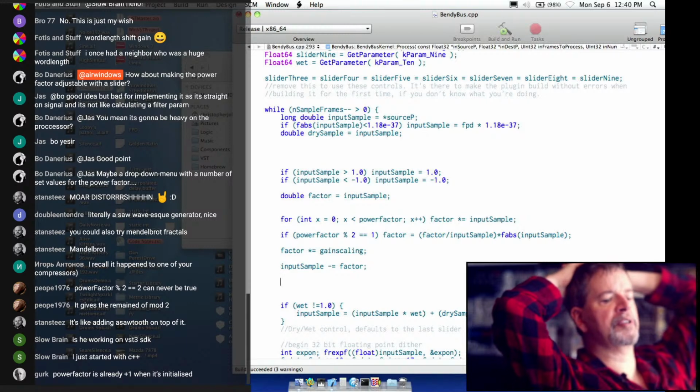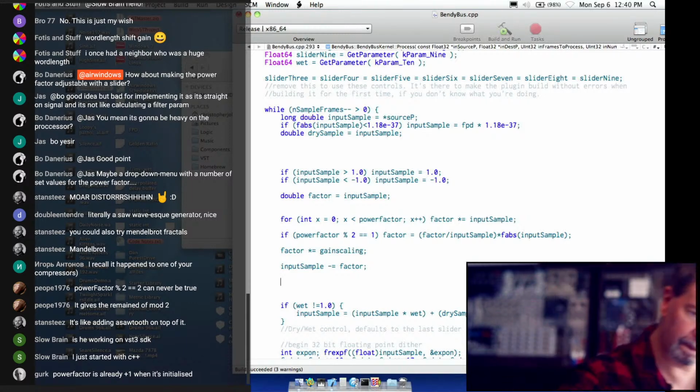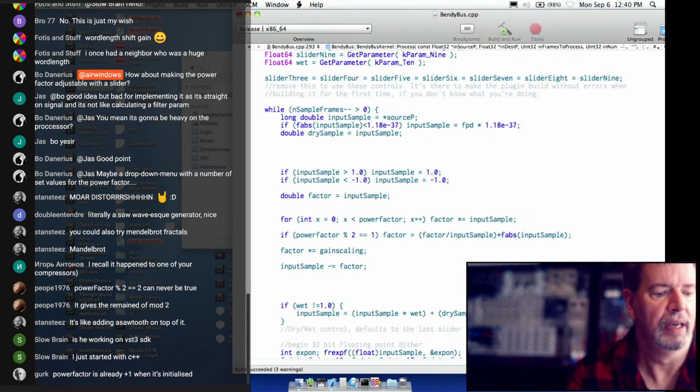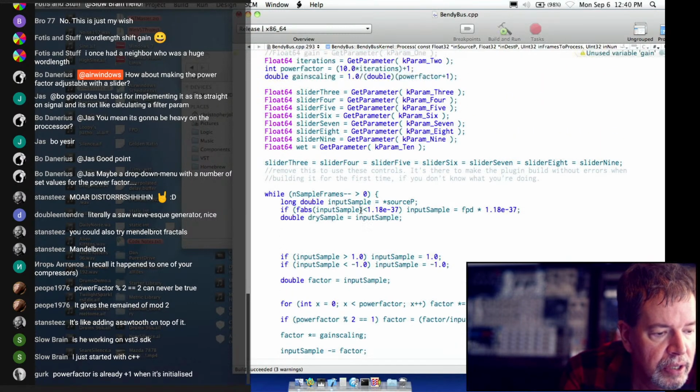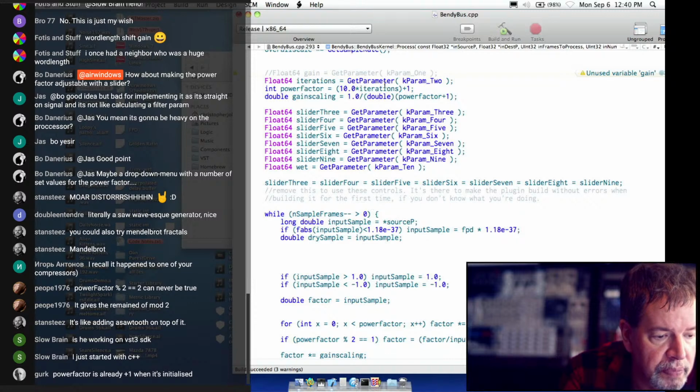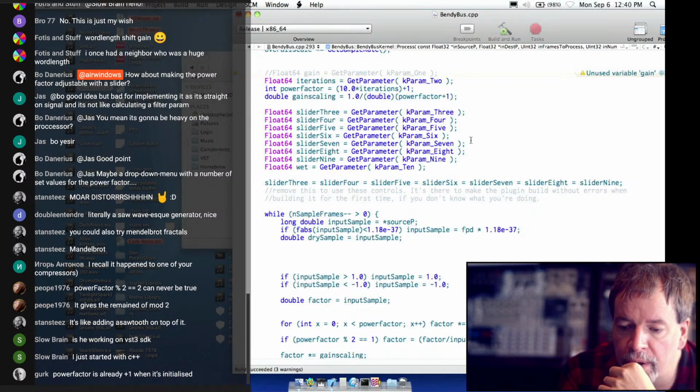And it's going to be input sample times equals something. Now that means we've got our gain scaling. This is going to be 1.0 divided by 2 for